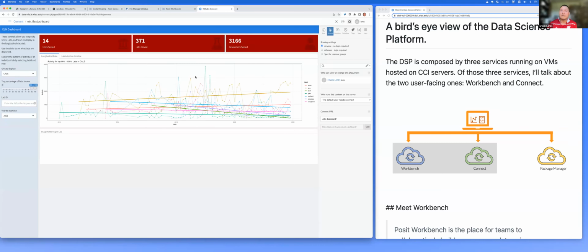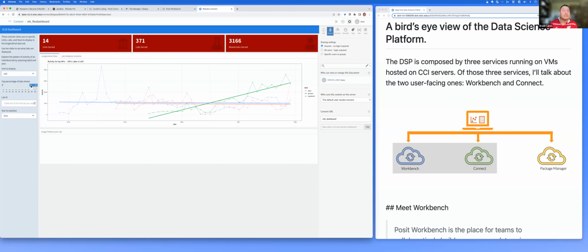So it just tells us activity is a dashboard for activity for different labs within a unit. If I choose Letters and Science, it's showing me labs in the 90 to 100% range of activities, which are the labs more active this year. And it just gives you a rundown through the years. And you can do a couple of filtering and whatnot. But this is what the production Connect looks like. But I'm going to stick with